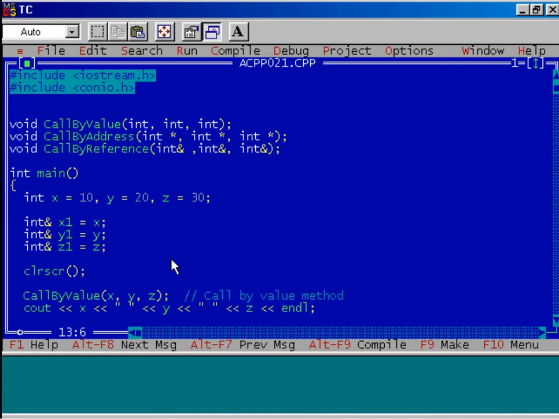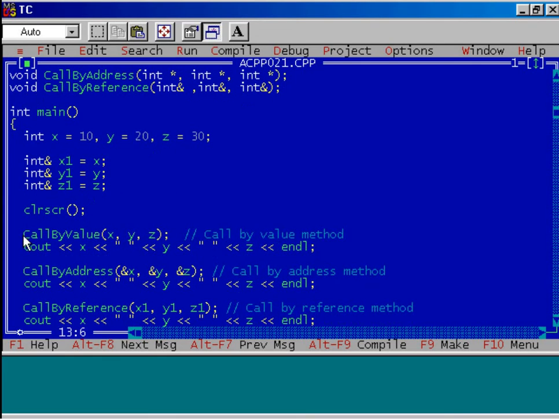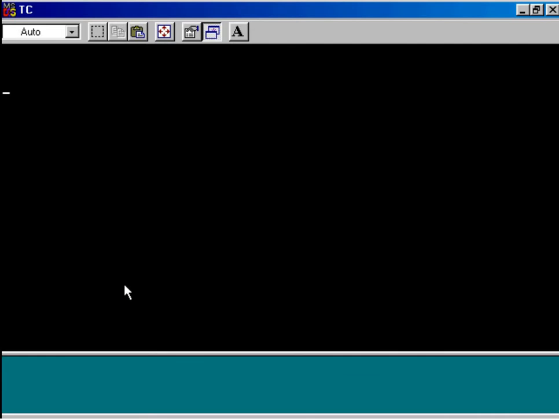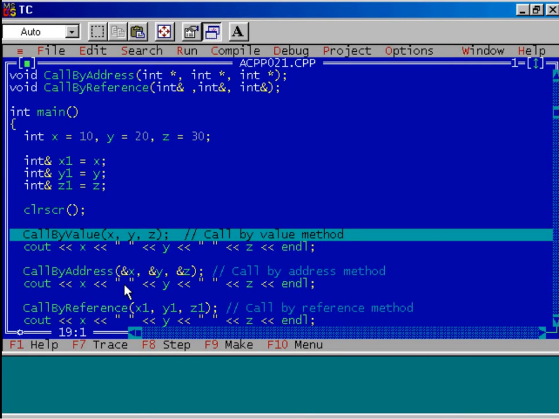Well, now after this one, let us study the first method, that is call by value. Compile the program up to this step. I am calling this call by value function. Press the F7 key. So remember here we are passing x, y, and z, these three variables, to this function.